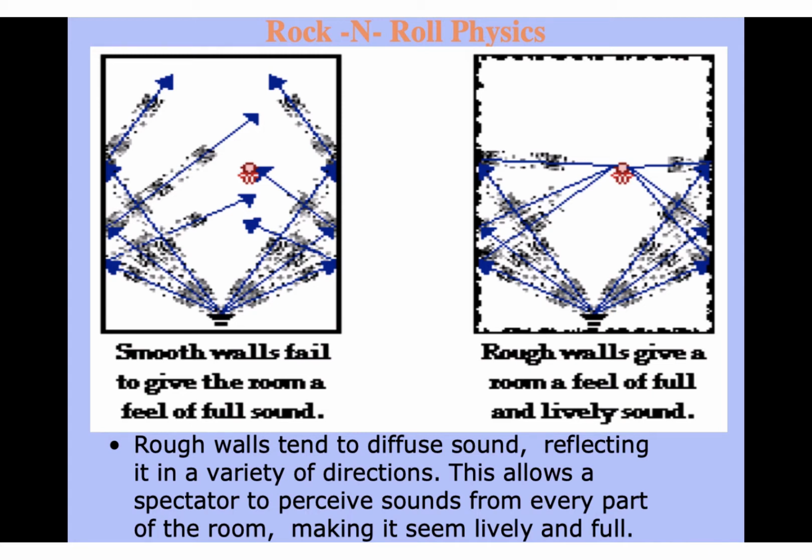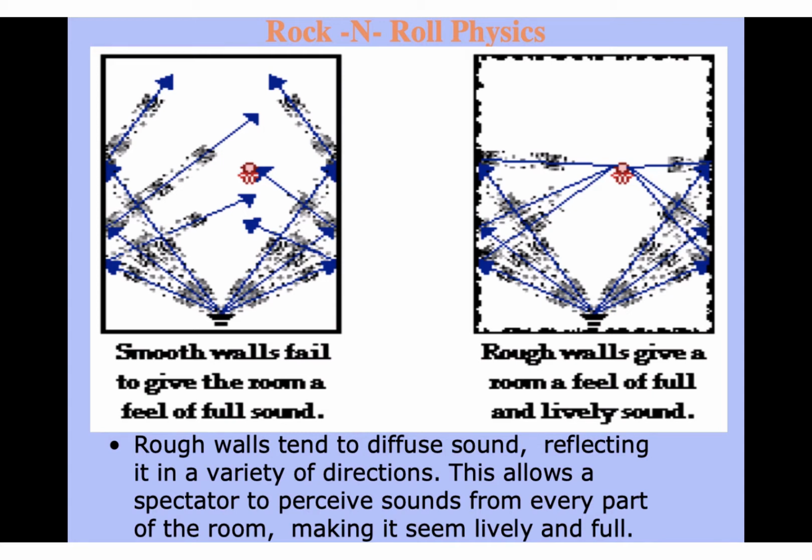And sometimes musicians, when they're on the stage, have trouble hearing what they're playing, or they have weird reflections that mess up the whole thing. Now, if you have rough walls, like the second picture, and if you've been in our band room, it has carpet up the walls, and it has those weird tiles on the ceiling. That's what they're doing. They're trying to disperse that sound. So there's all sorts of different reflections, and so it gives a better sound. All right? Does that make sense?